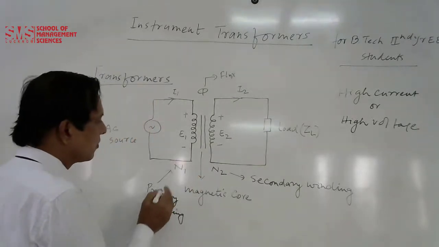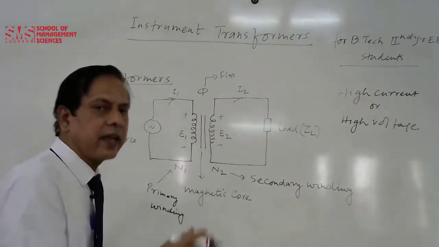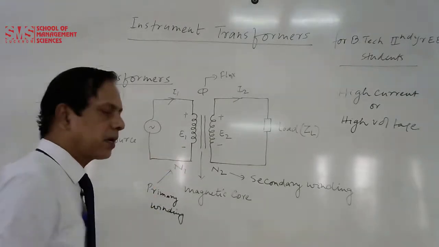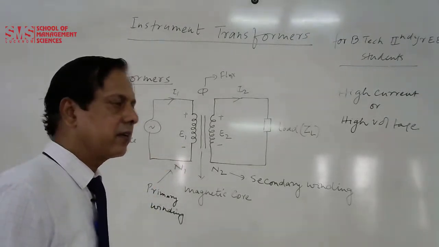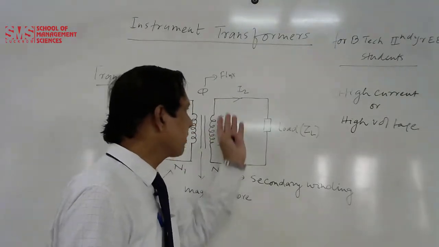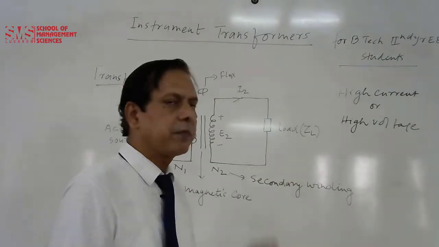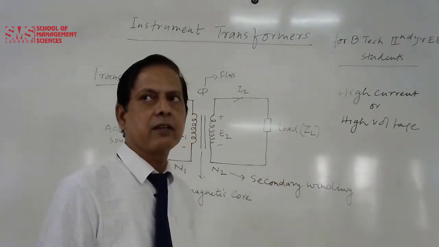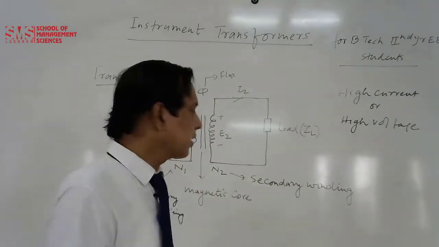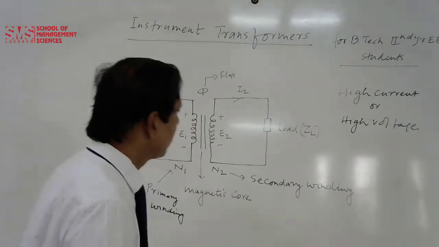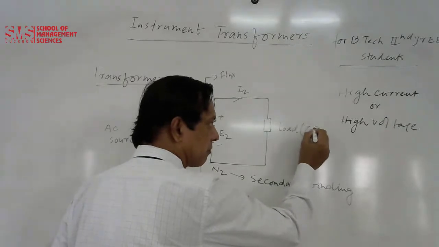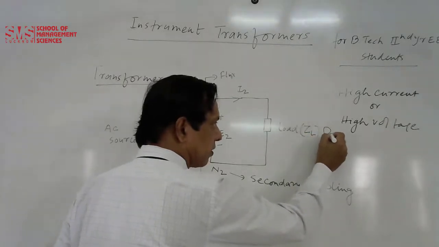The winding having number of turns N1 is connected with an AC source. So this particular winding is called the primary winding. A winding is known as a primary winding when it is connected with an AC source. The other winding is connected with a load. It may be an electric bulb or any machines, any electrical equipment. So this particular winding is said to be the secondary winding. The number of turns is N2. The load impedance, as I told you, is given by the symbol ZL. It is expressed in ohms.